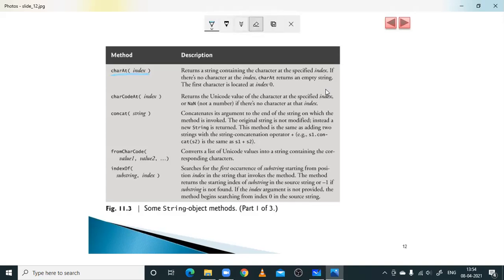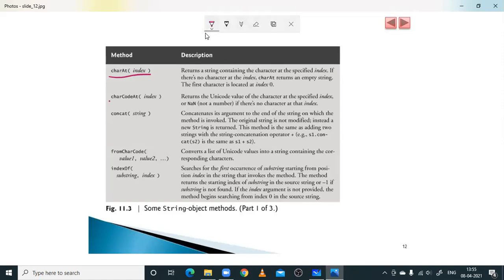It is intended to select a character at a particular location by using an index number. That is what happens with this method. charAt(index) returns a string containing the character at a specified index. It returns a string, which means it displays the character at the particular index given as input for this method. If there is no character at that particular index, it returns an empty string.